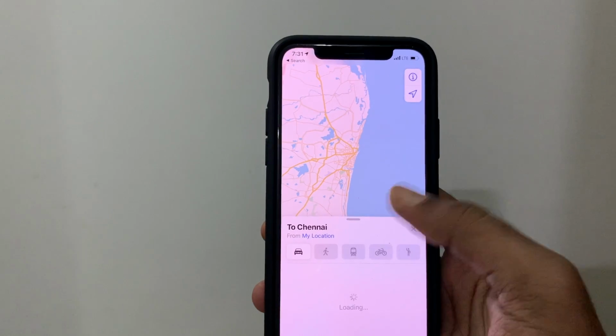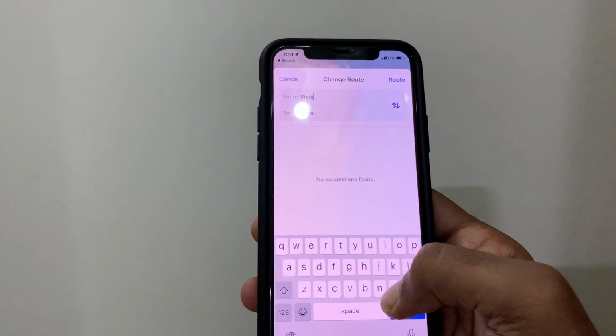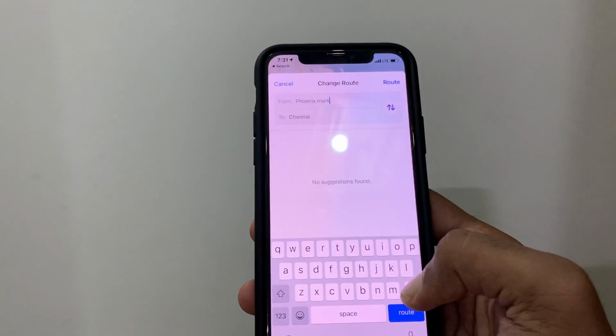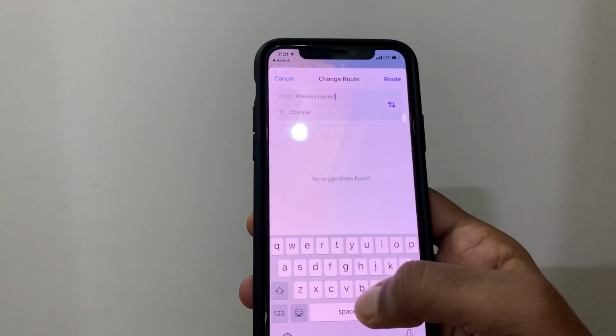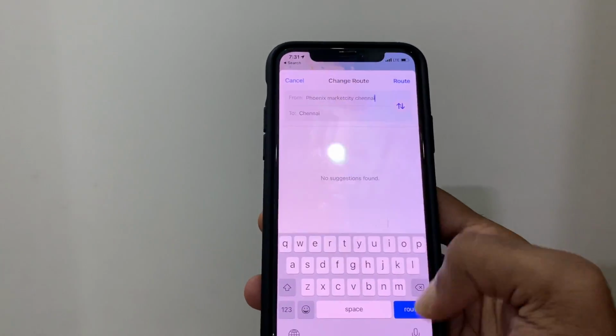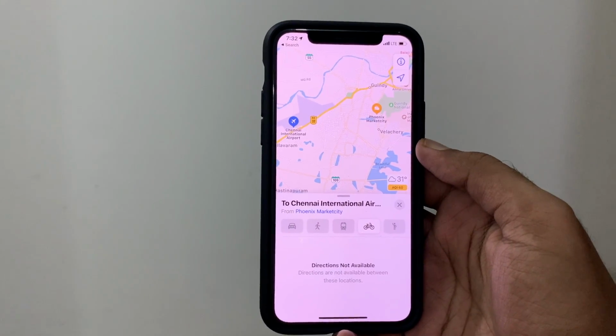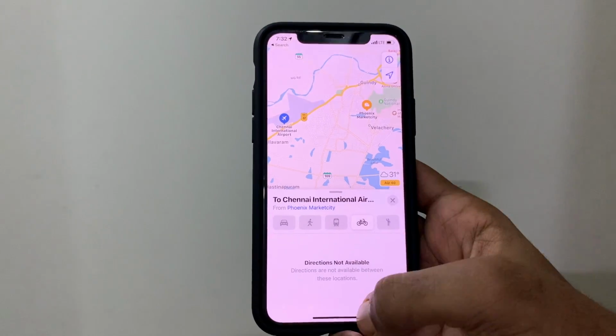So inside Maps, if you search for some city, it will act as a travel guide. It will give you all the relevant information and a guide for that city. I don't think it is currently live in India. You can also get routes for cycling. So there's a new cycling feature also, but this is also not currently live.